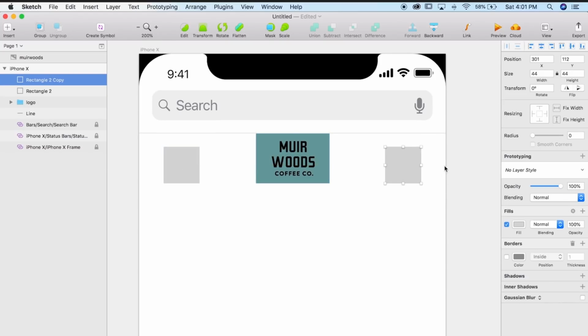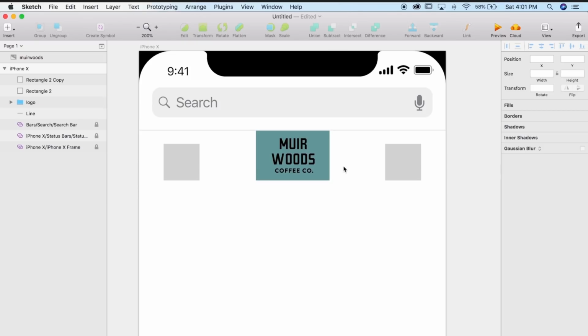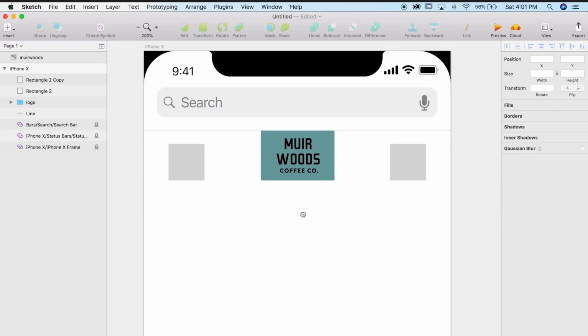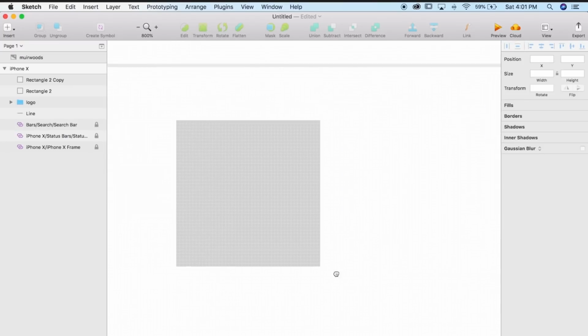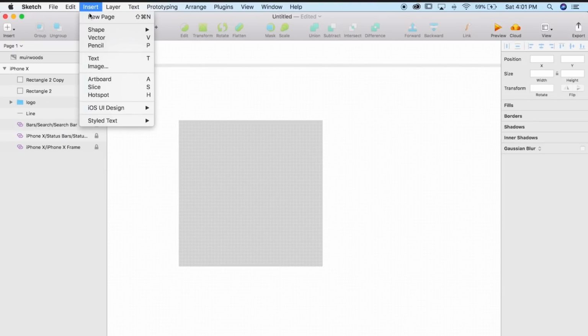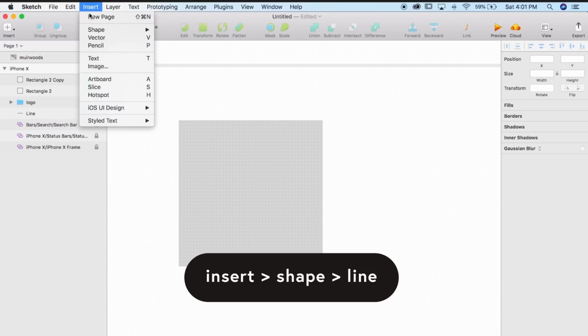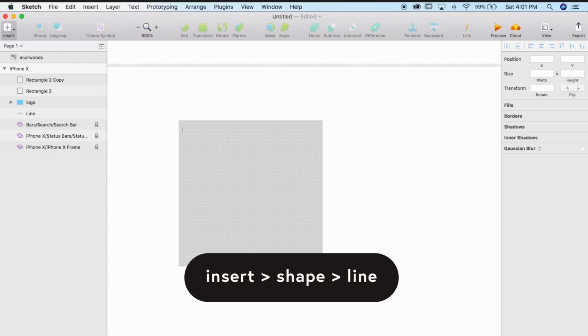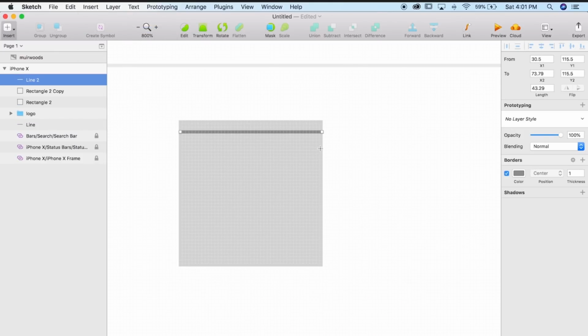So now we know these are pretty much even on each side. They have a 30 pixel gutter, and they're aligned to the square or the rectangle we have for our logo. So let's make a little hamburger menu up here. For those of you that don't know, a hamburger menu is just like 3 lines. It doesn't even have to be 3, it could be 4 lines, I suppose. But it's just a way to condense a menu so that you don't have a bunch of links. It got really popular in mobile a few years back, but it's just a good way to put a lot of information into one tab.